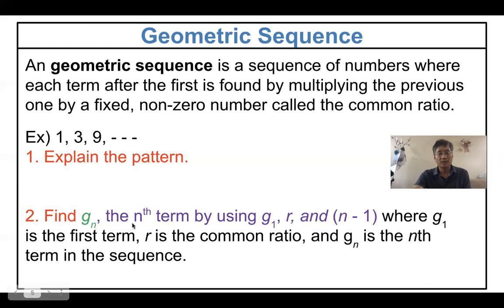So can you find the Gn, the nth term? An, Gn, it doesn't matter, it means the nth term, right? So how do you find the nth term? We are talking about the explicit formula now. So what's the explicit formula for a geometric sequence? One more time, you should understand what a geometric sequence means. You multiply the common ratio each time, right? 3 to the